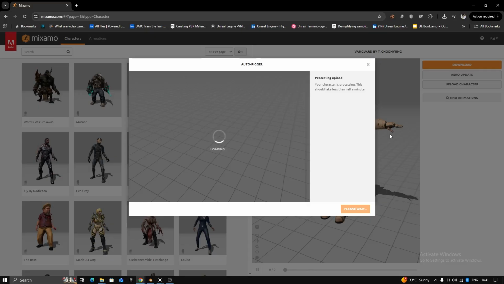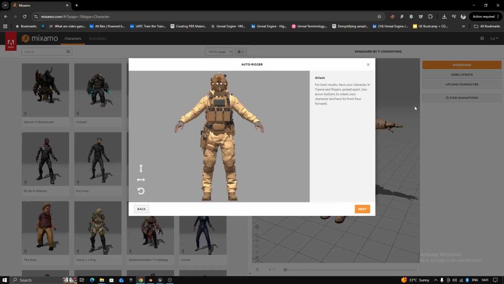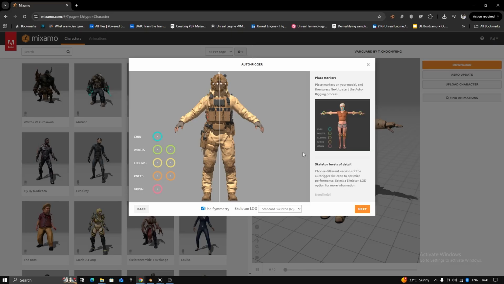As you can see, our character has now been uploaded. Now we'll be using the auto rigger feature of Mixamo. We'll click on next. It is asking us to put some markers over the respective areas. So I'll be putting this chin for my character's chin,